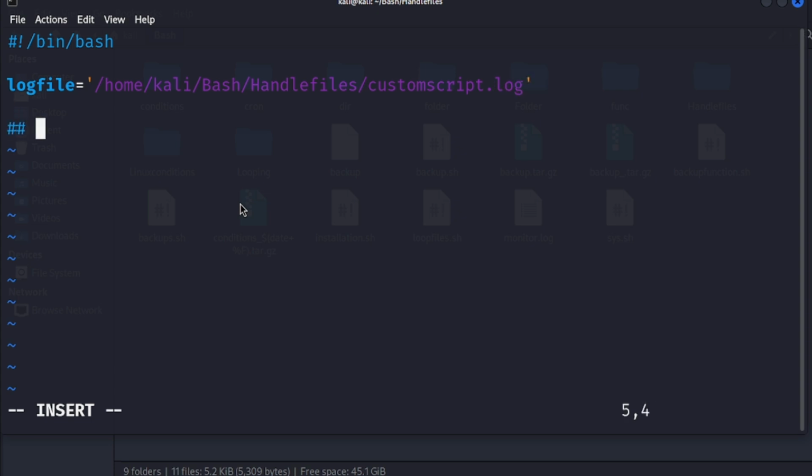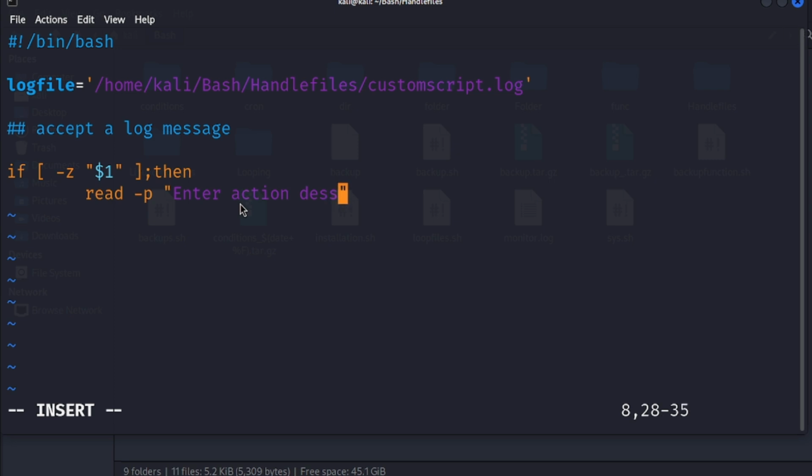So here now we will accept a log message, and we will check whether our input statement $1 is empty. If this statement is empty, we will prompt the user to enter an action description,